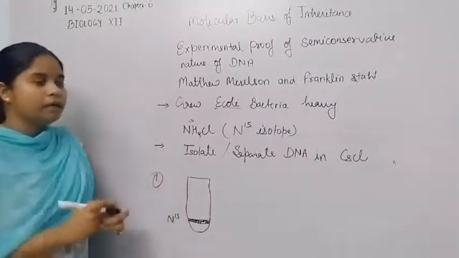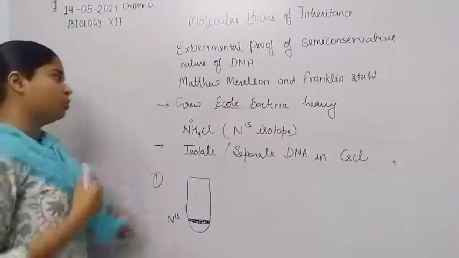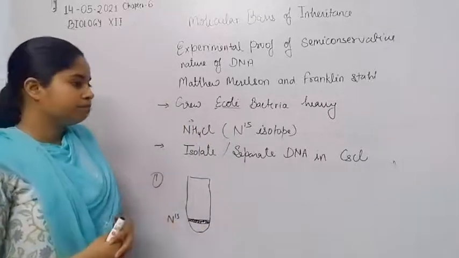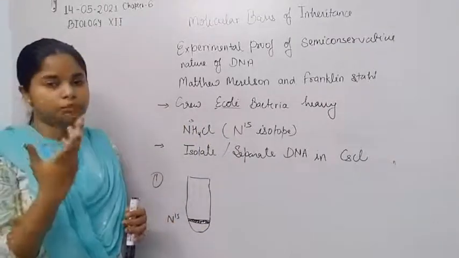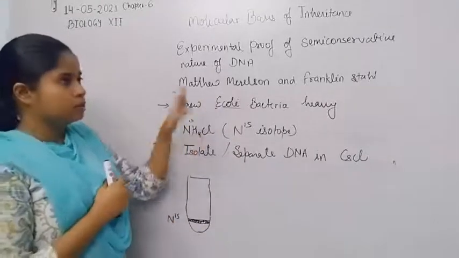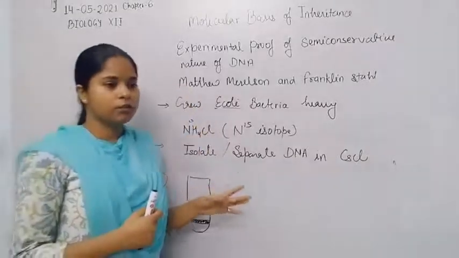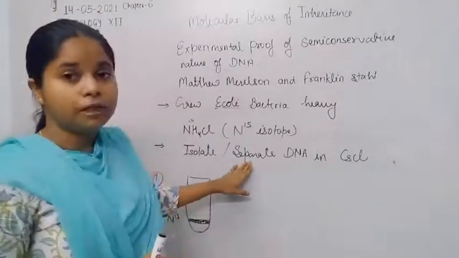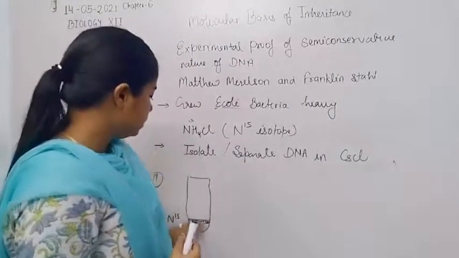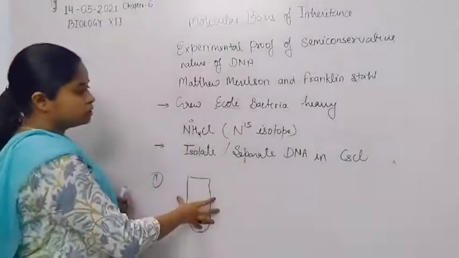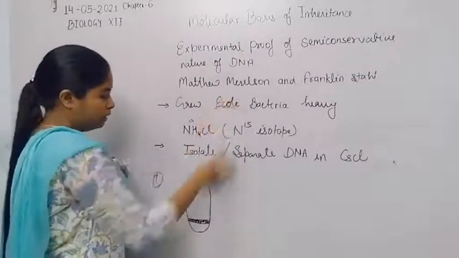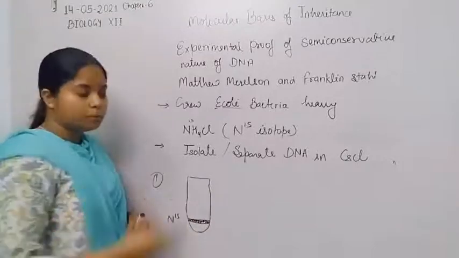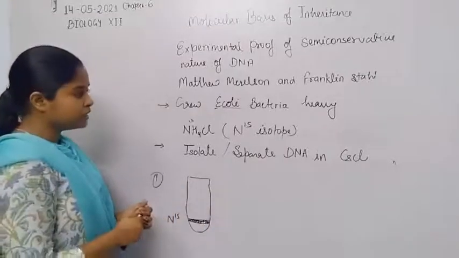The DNA is formed by the N15, because E. coli bacteria replicate every time, and the duration of the replication is about 20 minutes. After the 20 minutes they centrifuge the E. coli in the medium of cesium chloride, and they obtain the DNA molecule near the bottom of the test tube. In the second experiment,